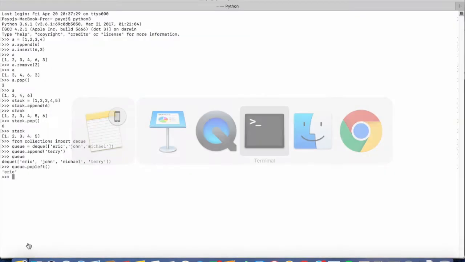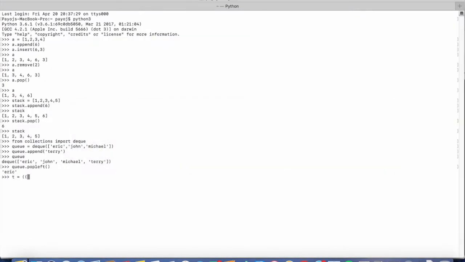So let's say I define a tuple T as 1, 2, 3, 4, 5, 6, 7, 8, and hello. If I type type of T, it says class tuple. Now if I want to access hello, I'll just give the index of the element I want to access, so it returns hello. Similarly, if I want to access 1, 2, 3, 4, 5, I'll give the index 0. So this is how you access the elements in tuples.